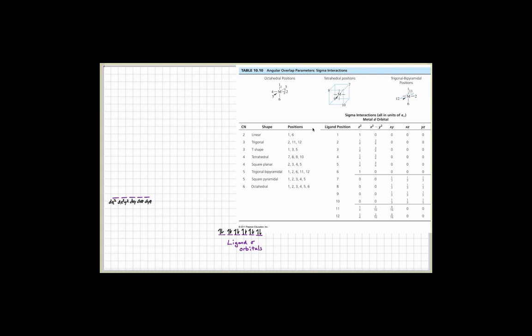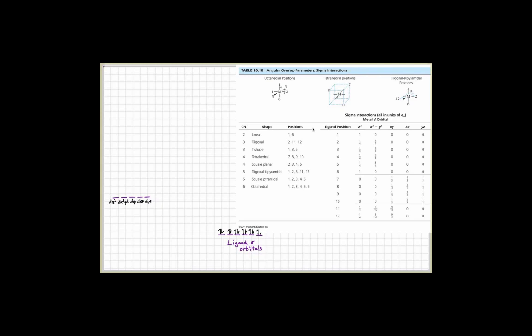Okay, so this is the start of our diagram. Now we can determine the degree to which the ligands are stabilized by the interaction with the metal, and which d orbitals and the degree to which those d orbitals are destabilized in the sigma bonding interaction